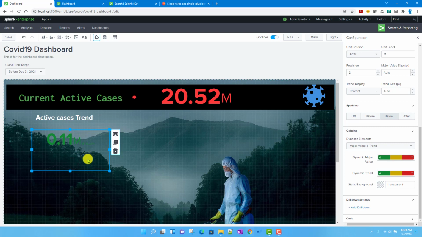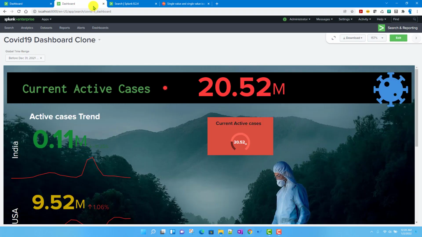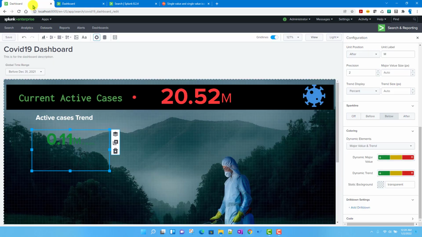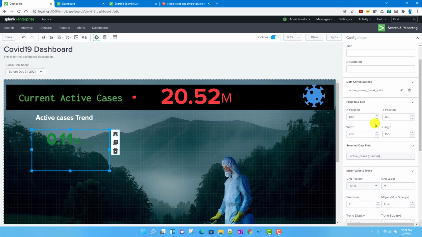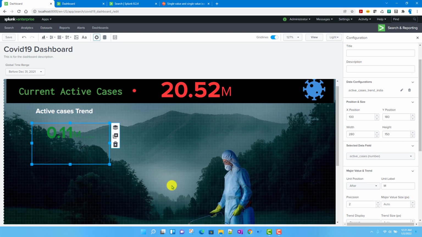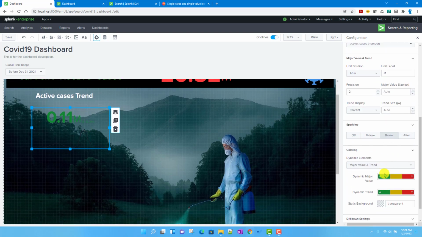Okay, and if you see, the trend line is not at all visible over here, right? So we need to make it some other color, something like this red over here, which we will do. But if you see, there is no option over here from the UI using which we can do it. Okay, so we will see how to fix this one, but first let us try to create the other charts over here. Other similar charts over here. So for now what I'll do is, okay, this is fine.